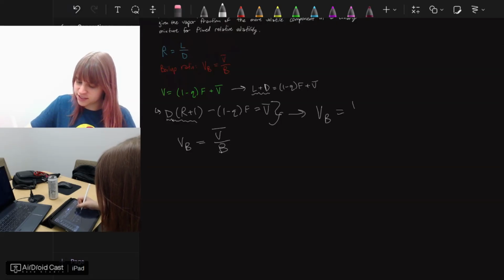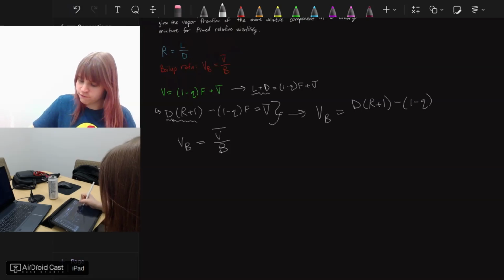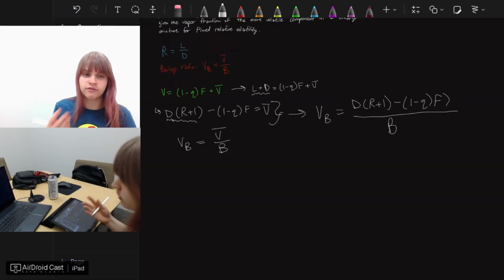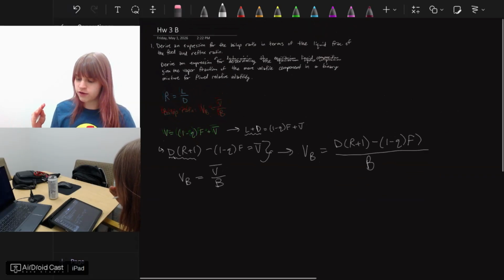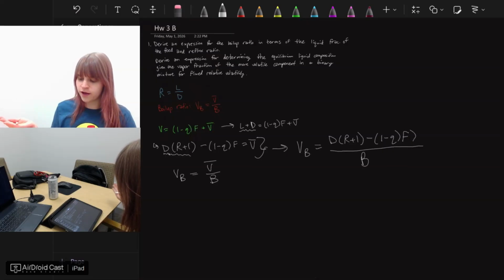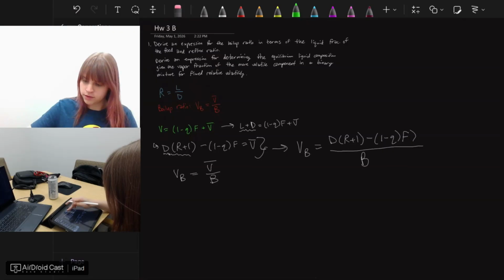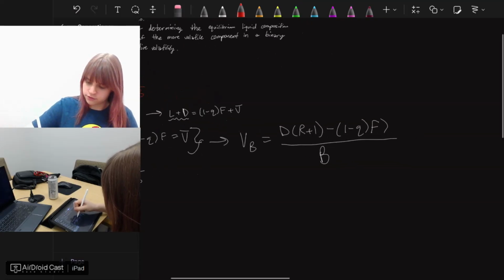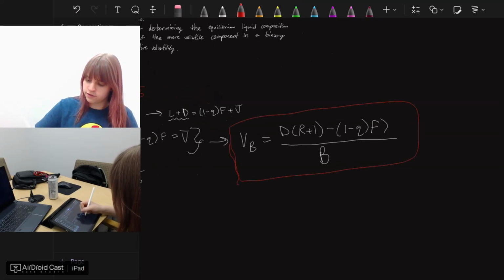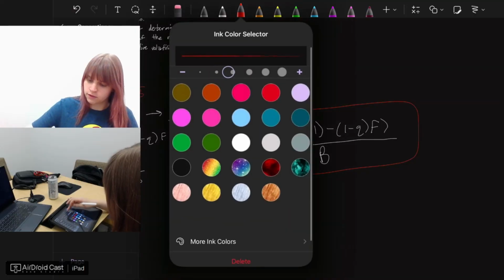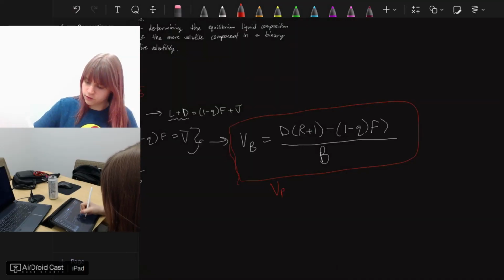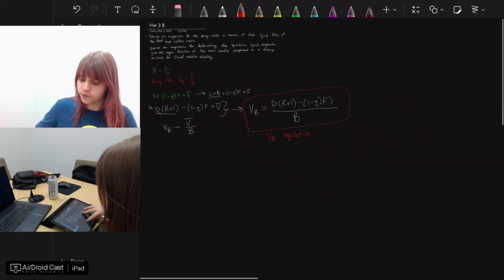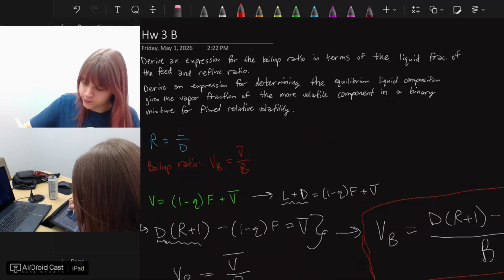So we have D times R plus 1, minus 1 minus Q times F, that is V bar, and divide that by B, and we have our boil-up ratio in terms of our feed composition as well as the reflux ratio. So I'm going to circle this in, and this is our V B equation that we derived. So we've done this first part,